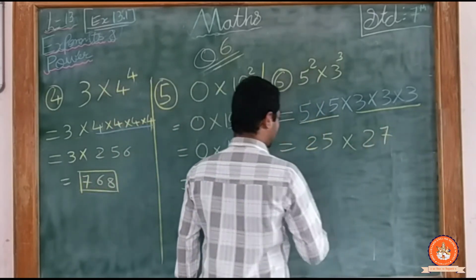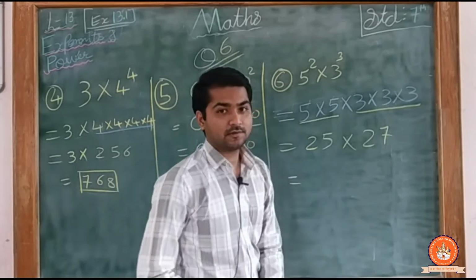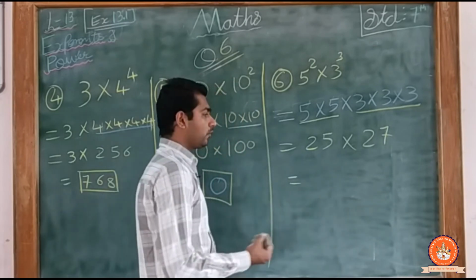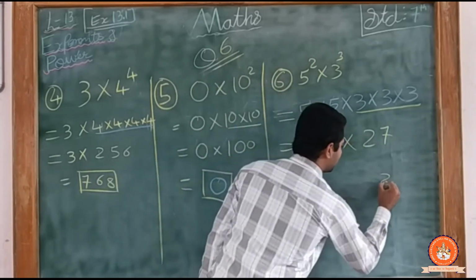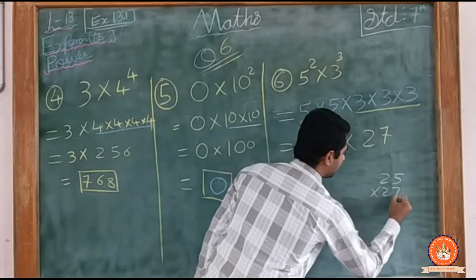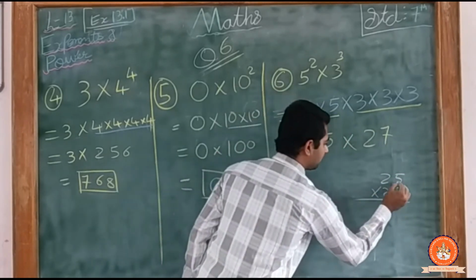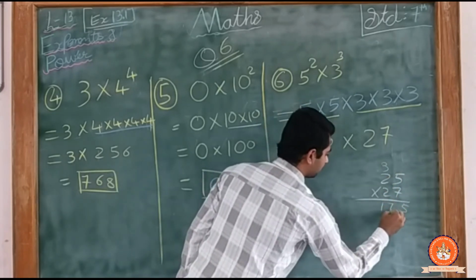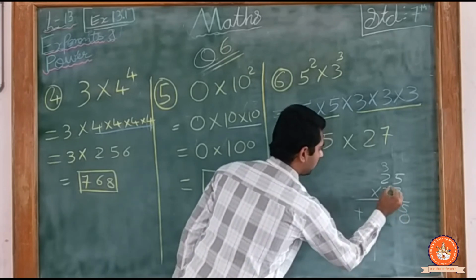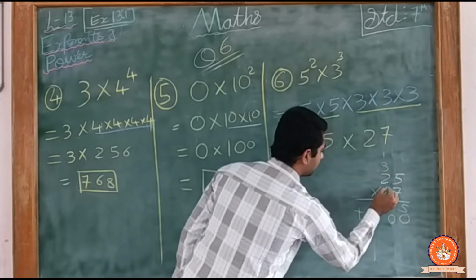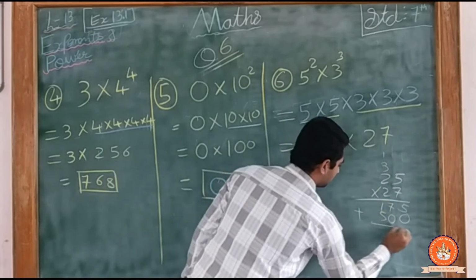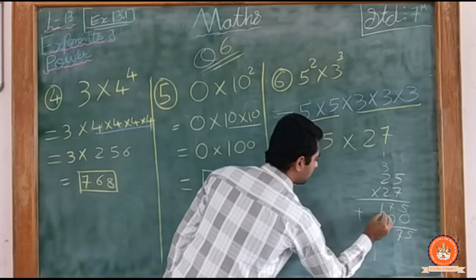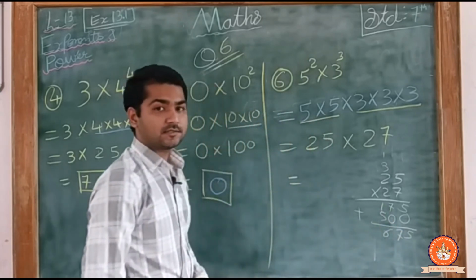Clear? Now 25 multiplied by 27, go in your rough side of your textbook, or sorry, in your fair book, or you can say CW. Let's multiply 25 into 27. What will get answer? 7 5s are 35, 7 2s are 14, 15, 16 and 17, plus 0, 5 2s are 10, 2 5s are 10, 2 2s are 4, plus 1 5. So we get 5 plus 0, that means 5, 7 plus 0, that means 7, and 1 plus 5, that means 6. We get the answer 675.